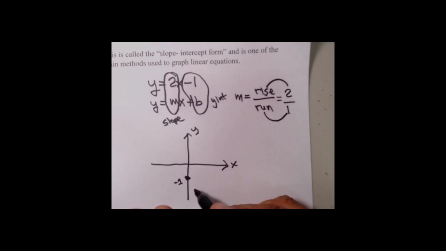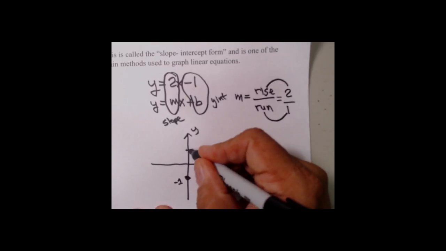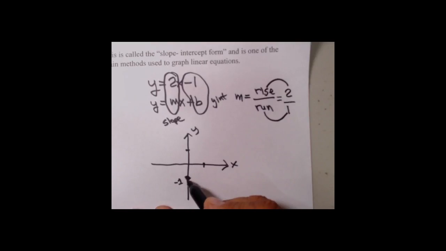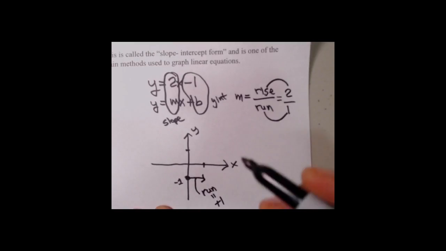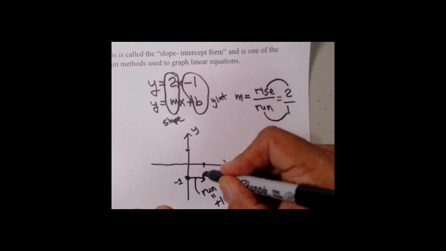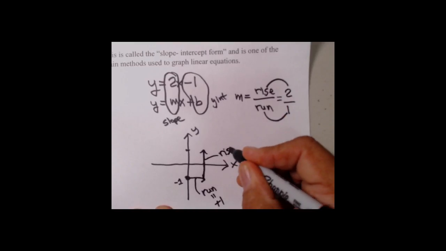Here's how we work this on our graph. I'll put another tick mark out here for x equals 1, and y equals plus 1 would be about there. Now remember, this is our starting point. So what we're going to do is draw 2 arrows off of this, one for the run and the other one for the rise. The run is horizontal, it's plus 1. So I come over here, run equals plus 1, and then from there I rise, I make a second arrow going up, and it goes up to this point right here, and this is rise equals plus